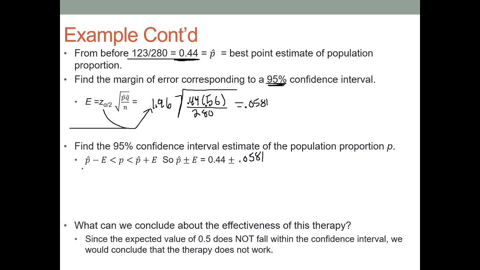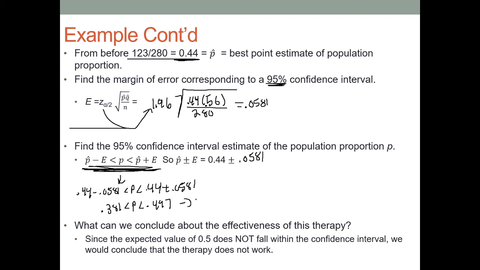Or the way I would write it using the interval notation, which is what this one's called, is I would say 0.44 minus 0.0581 less than p less than 0.44 plus 0.0581. This is where the plus or minus bit comes in. So we just do the plus or minus down here rather than putting it up here. So that would end up being roughly 0.381 less than p less than 0.497. So in percent form, that'd be 38.1 up to